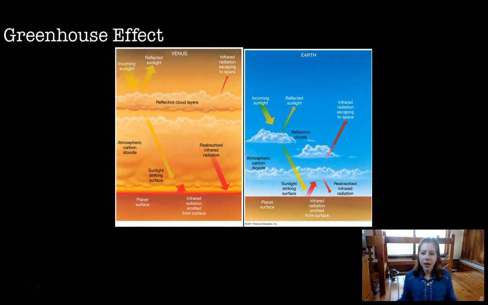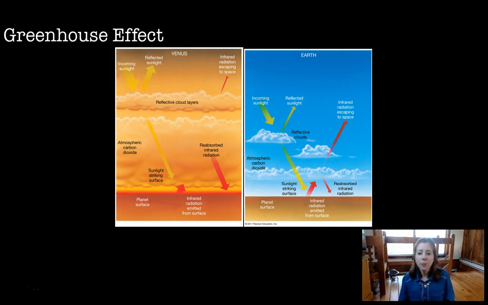So the carbon dioxide in Venus's atmosphere absorbs this longwave radiation emitted by Venus's surface, gets excited, emits it back down to Venus, and what has happened is we have created this runaway greenhouse effect where very little of this longwave radiation emitted by Venus's surface is able to